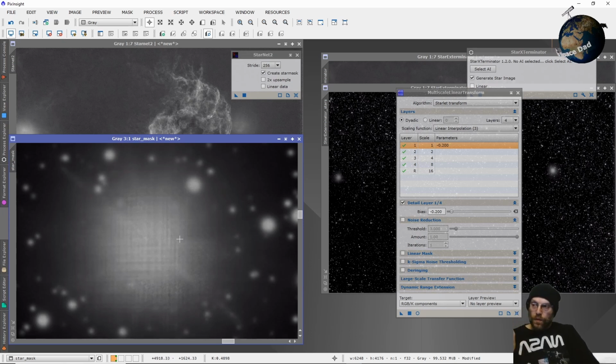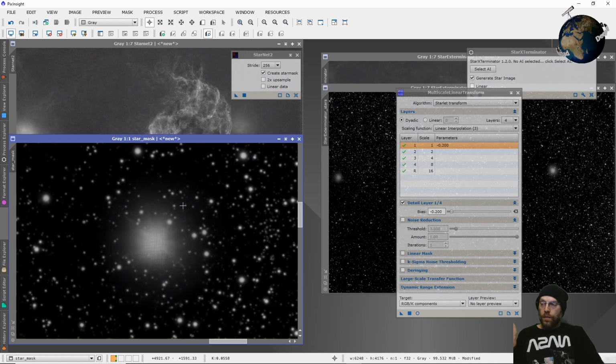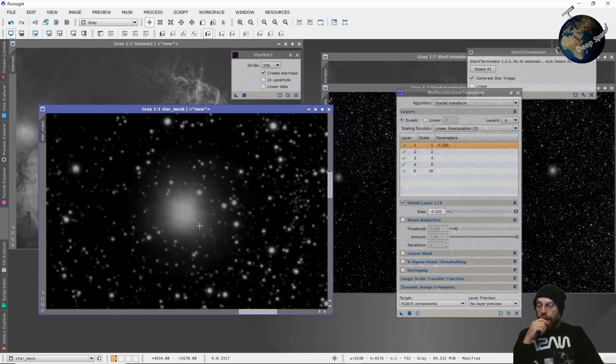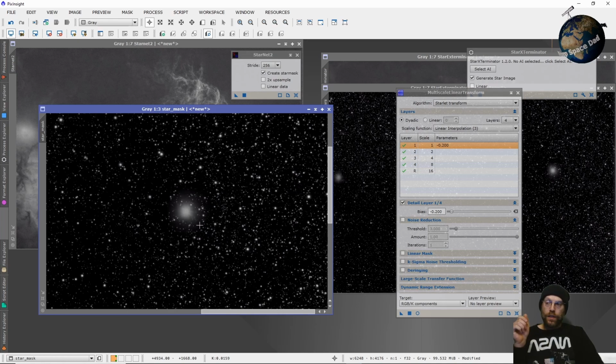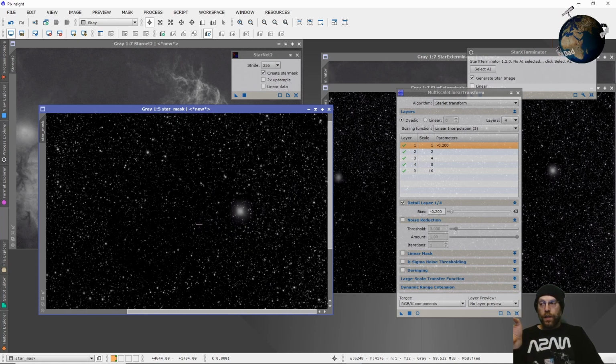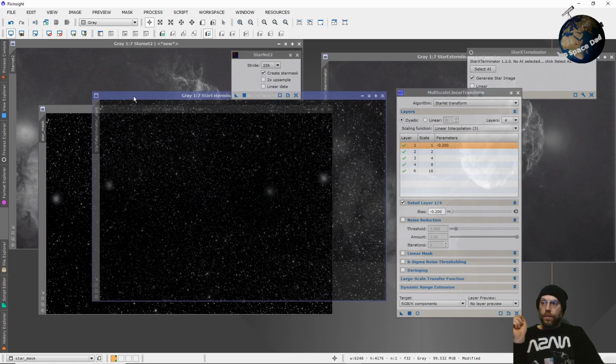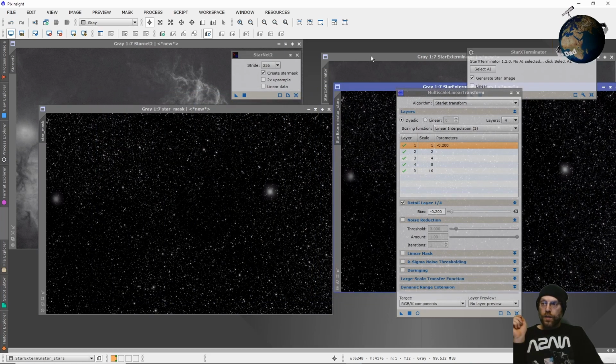So, pros and cons. Starnet 2 is free. That's a big pro for some people who want a tighter budget. It does a tremendous job with the background, and it's very fast if you've got your CUDA acceleration enabled. Cons, it still mangles the bright stars, and if you've got bright stars in your image, it might not be worth using. As for the pros and cons of StarExterminator,